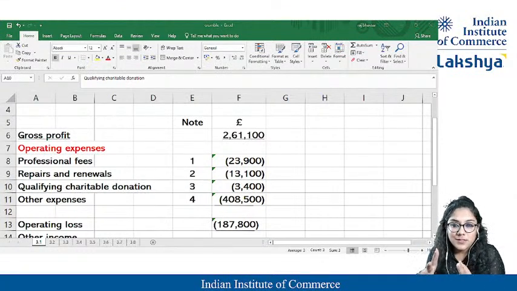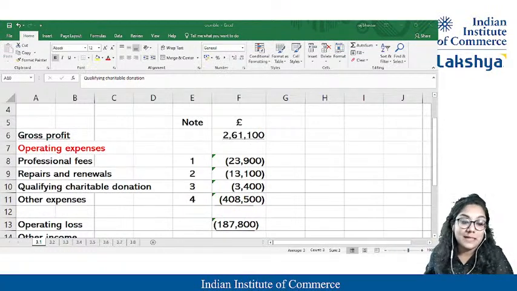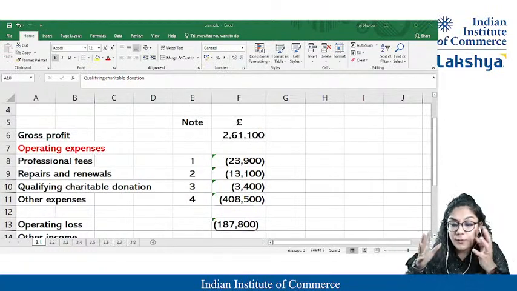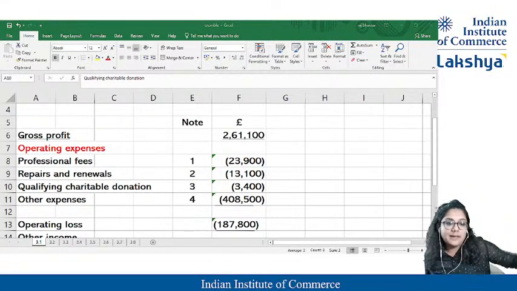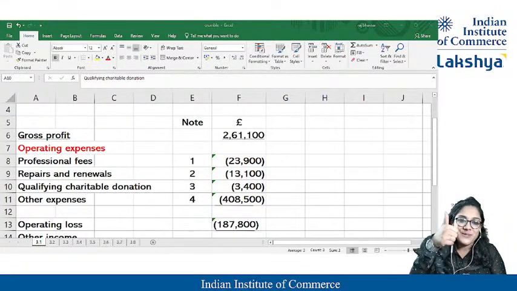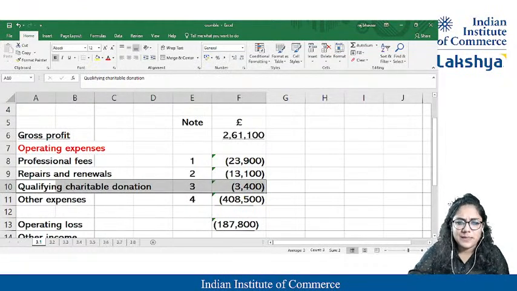Students, if you are recalling concepts like this while reading the question, guys, this is the way we need to study. At the time of reading the question itself, we should be thorough with the answer. We should know this is the way we have to present the answer. Cool. For the 4th, other expenses are provided. So let's figure it out.